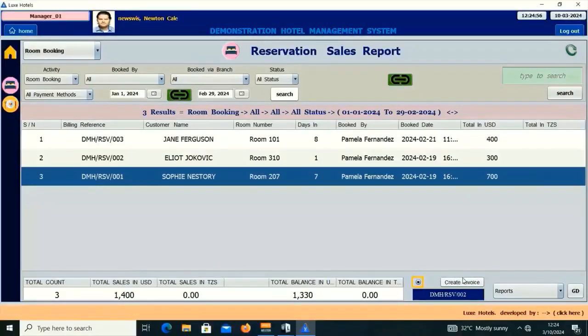Now, where are the date inputs? The date inputs are right here. Now, if I unlink this, the reports that will be generated right here will be only for this date, January 1st. But if I link it with this date, the reports that will be generated right here will be from January 1st, 2024 to February 29,